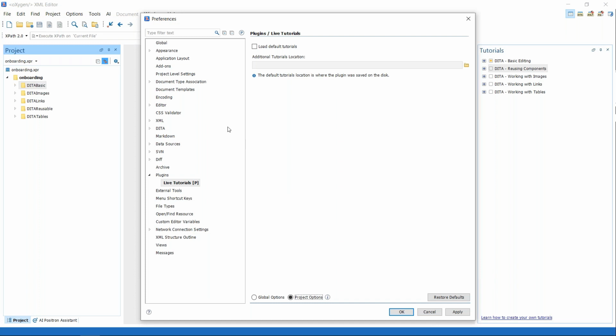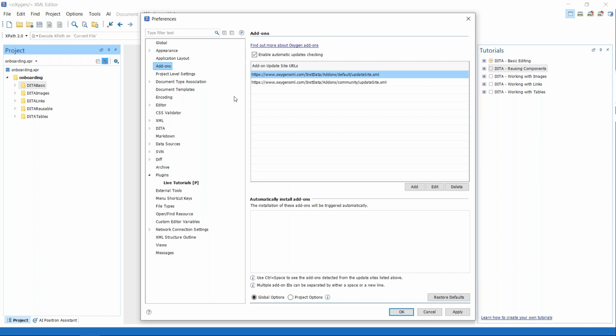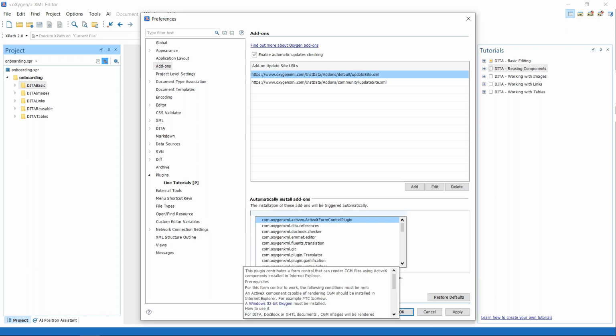One more thing that I want to show you while we are still here in the preferences page: if you want to make the task of the learner easier, you can set this automatically install add-ons option. You can make it install the live tutorials add-on when someone loads the project. And if you want to do that, you can simply press Control Space here, and we are looking for this